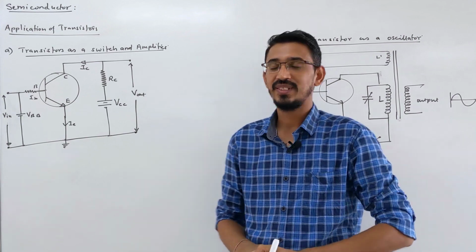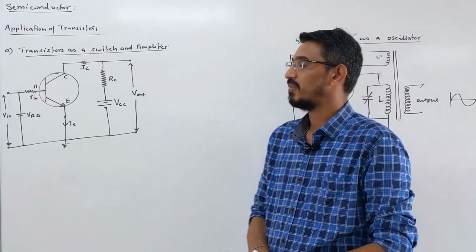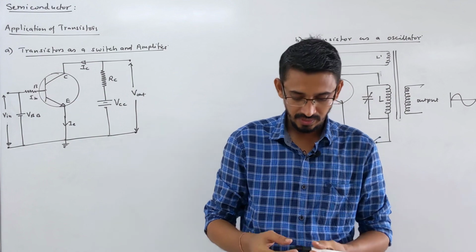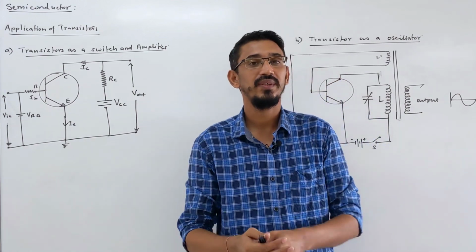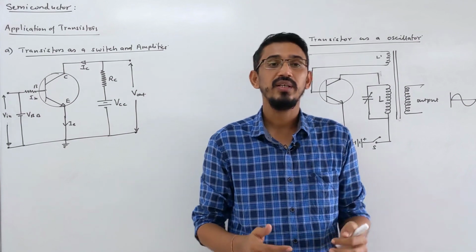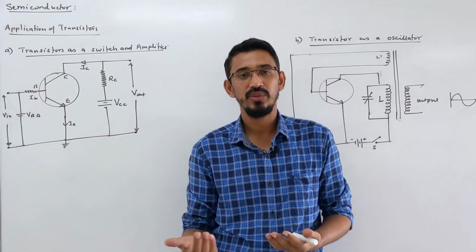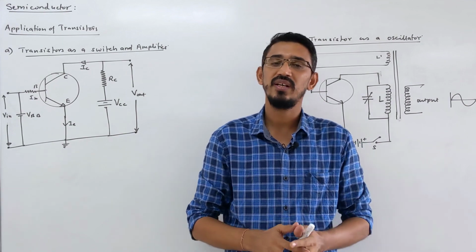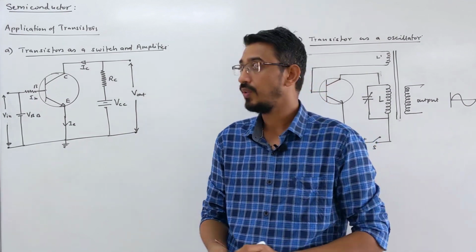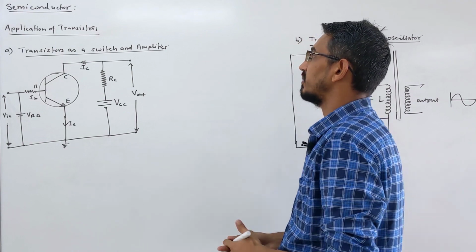Welcome back, students. This is the last theory lecture on our semiconductor, and in this lecture we will be covering two small points. One is the application of transistor and another is conductivity in a semiconductor. The conductivity in semiconductor I should have taught you in the starting itself, but I thought I should teach it at the end because this is related with our current electricity. So let's start with the application of transistors.